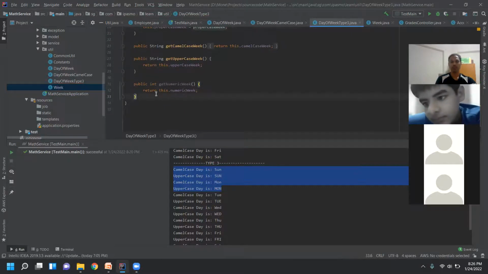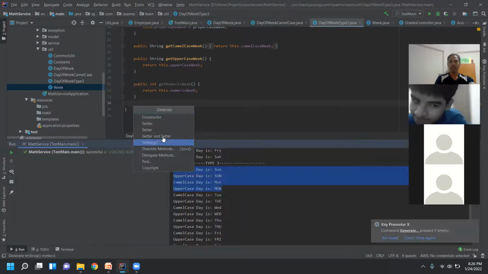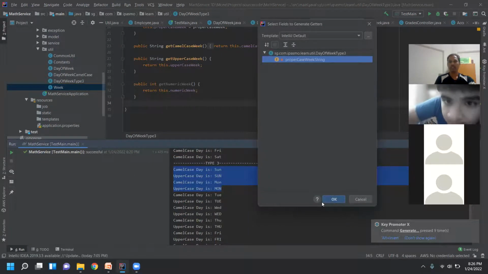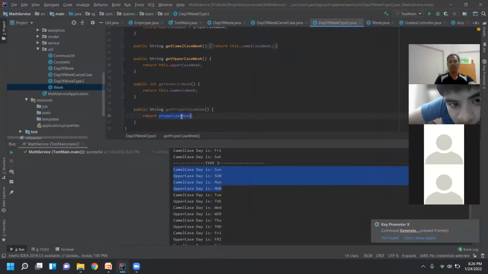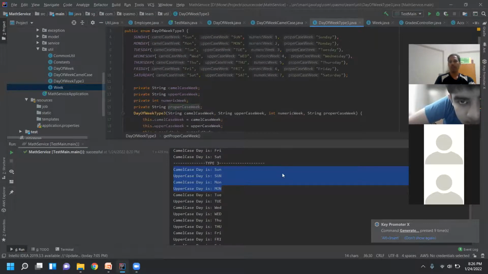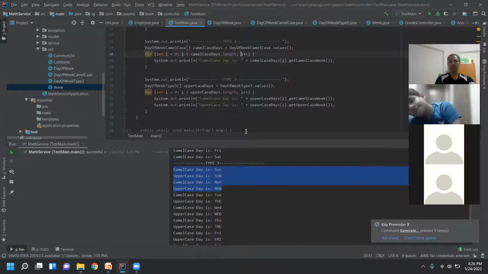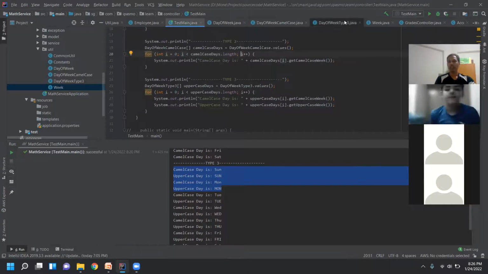So just to make it fast, right click, generate. So we need to generate the proper case for the fourth value to retrieve. Okay, now go to main, and then that is the case 3. So what I will do, so here, I'll just mention